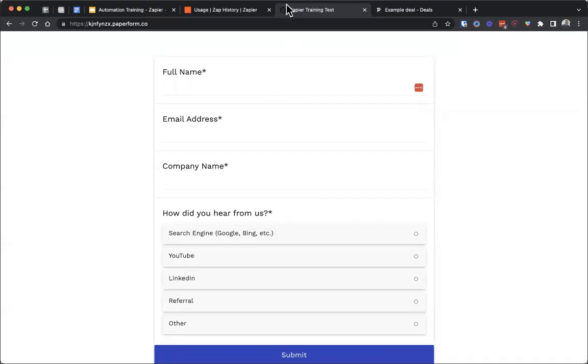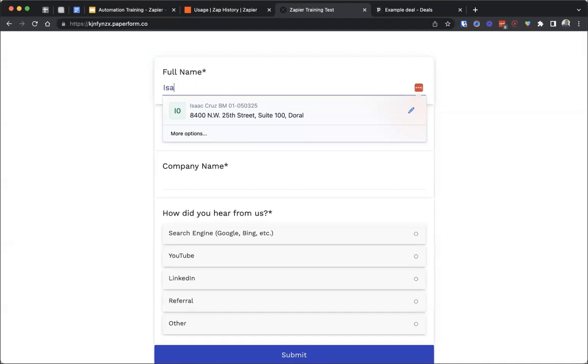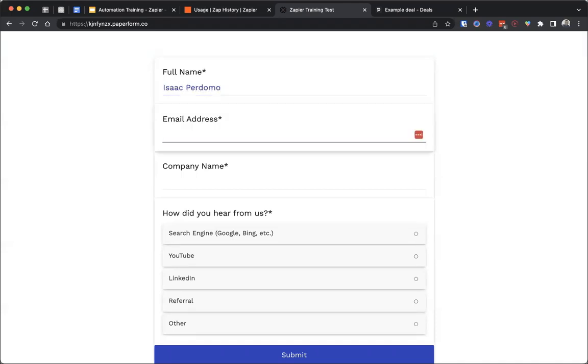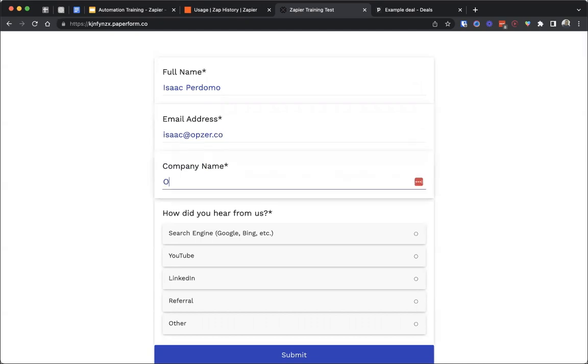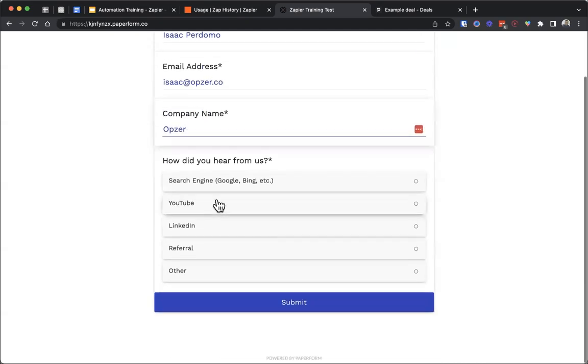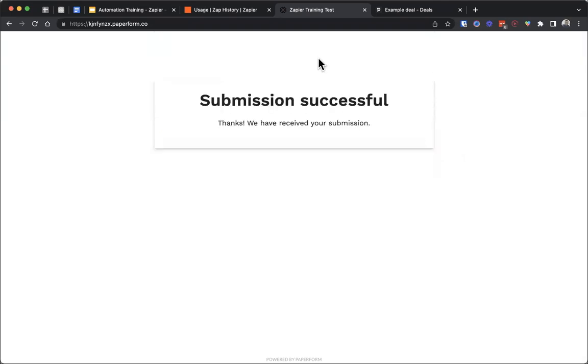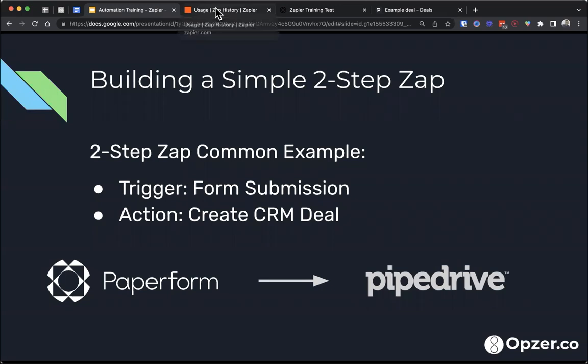Okay, I proceeded to call it Zapier training test, which will come in handy in a second. For the sake of example, I'm just going to make sure I populate something here just to give it one data point to work with. And in a second, I'm going to go back to Zapier